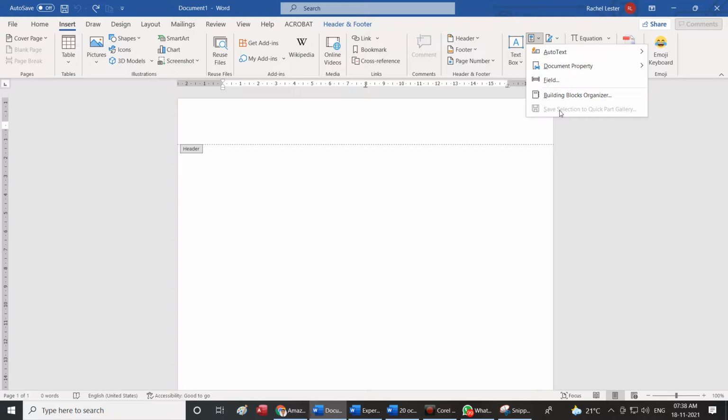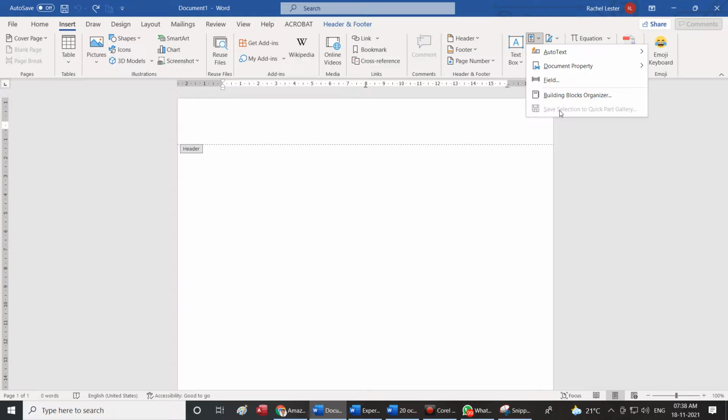We will not go into detail, at least those 5 headings: auto text, next document property, next field, next building block organizer, and save selection to quick part gallery.